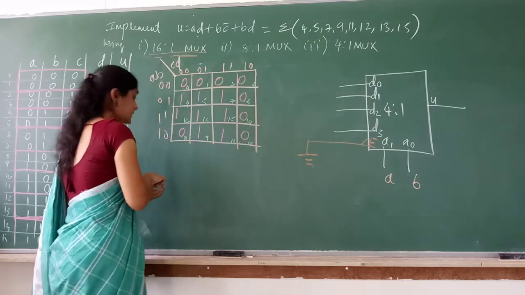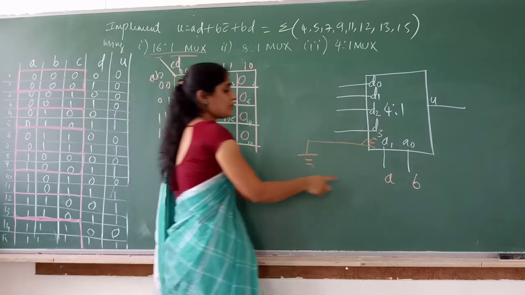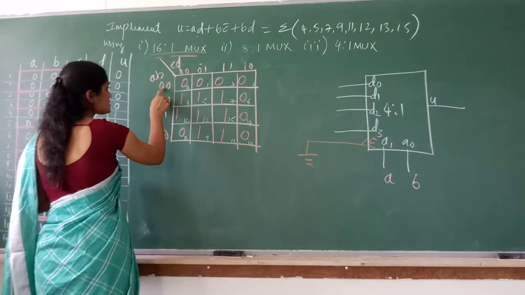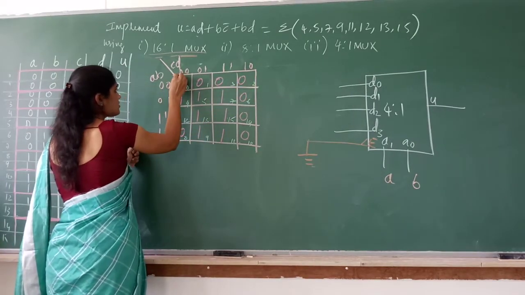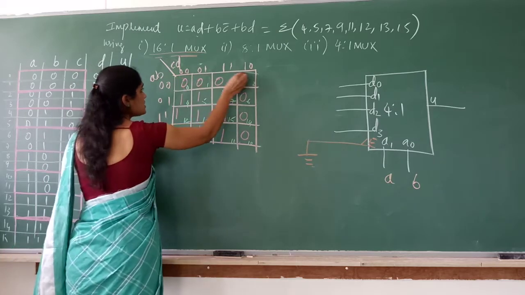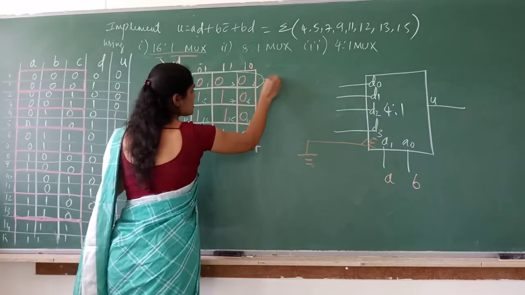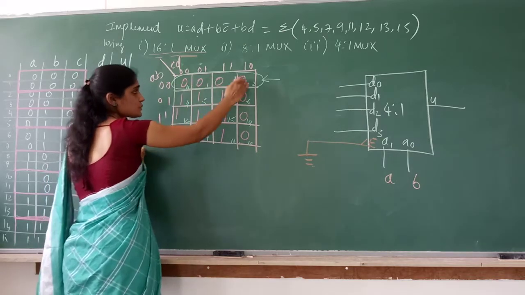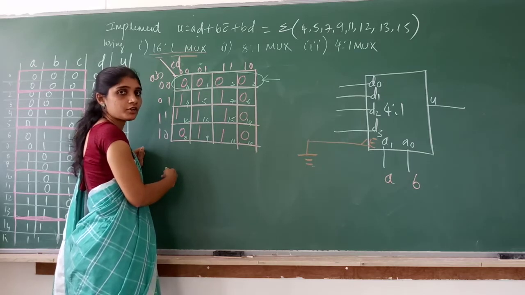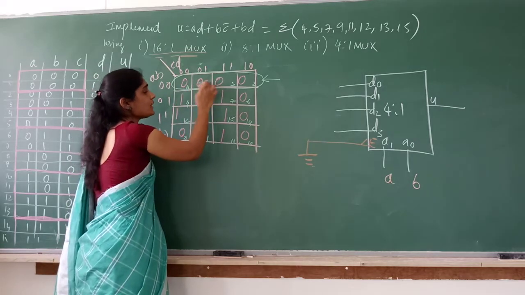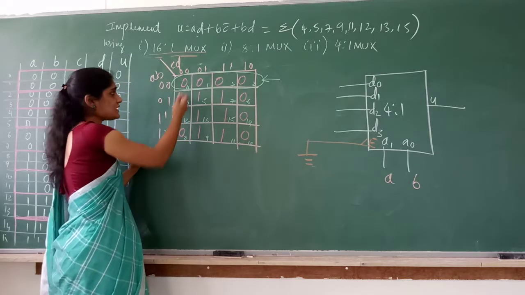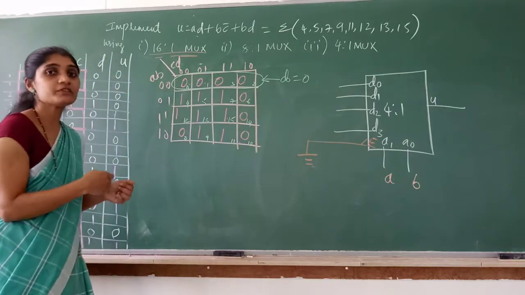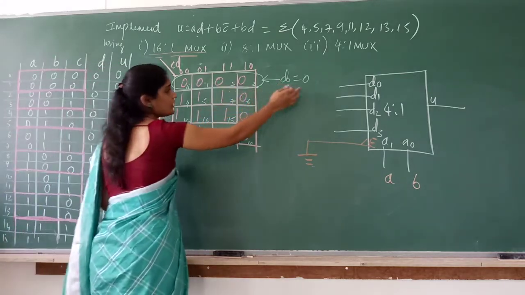Okay, so now mark D0, D1, D2, D3. When AB is 0 0, D0 will be connected to the output. So for these 4 cells, AB is 0 0. You can write only this particular row separately and solve, like I did in the last problem. But since all the cells are taking 0, I need not write it separately. I can easily tell D0 is 0, correct? All the 4 cells are taking 0, so I need not simplify further. I can directly tell D0 will be equal to 0.